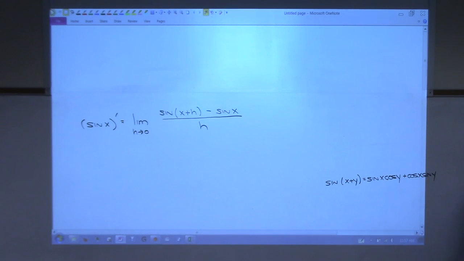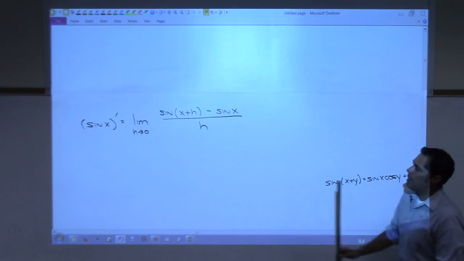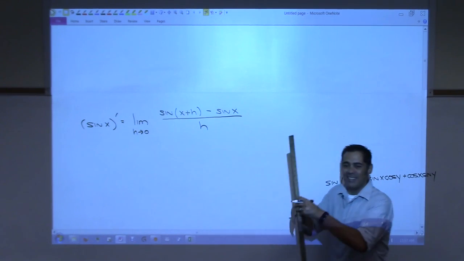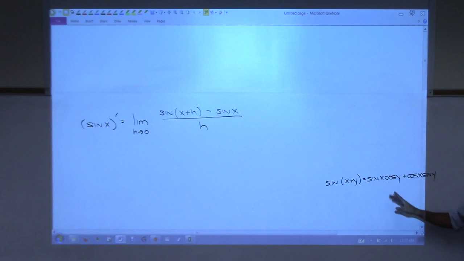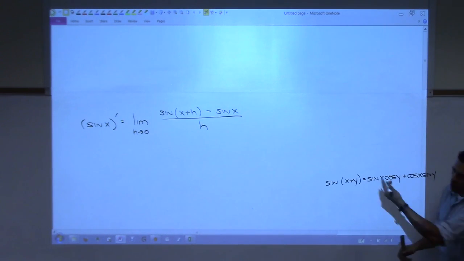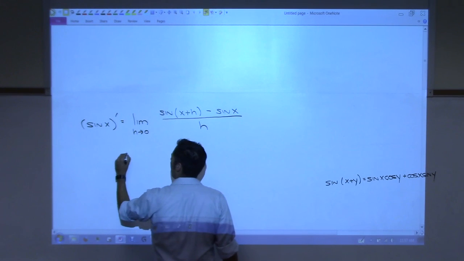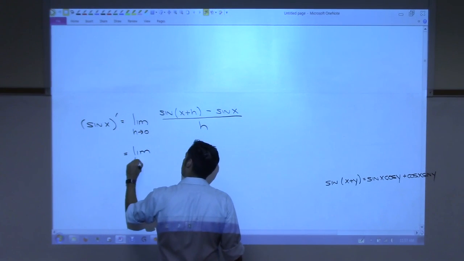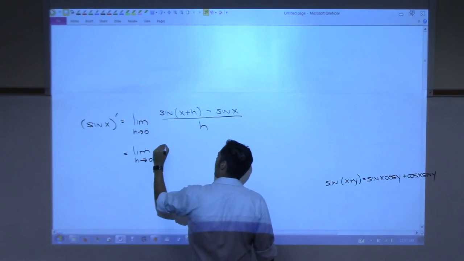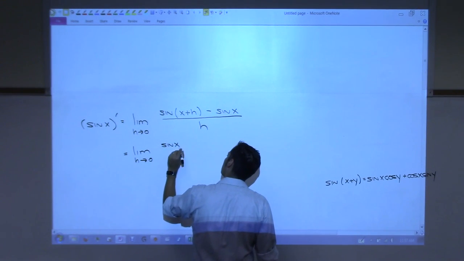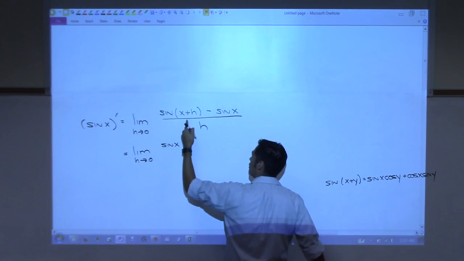Now, that formula is there. I'm not sure if that's going to help us, but that is one way to make it where we won't have x plus h inside the trig function anymore, right? Notice that each one of these new trig functions has just a single term, x, y, instead of x plus y. So let me try it. Maybe that'll help. We have limit h goes to 0. We have sine x. How can I use that formula? It'll be sine x